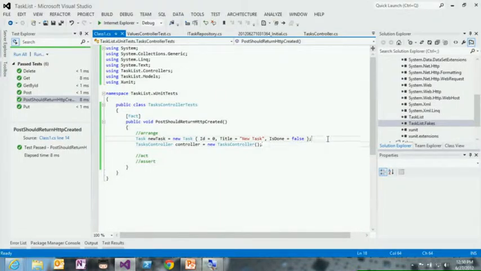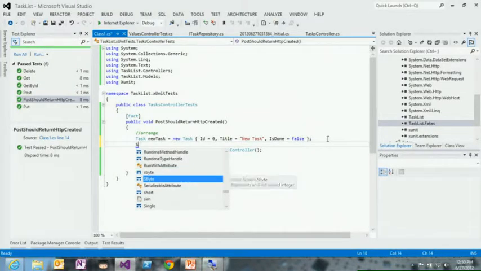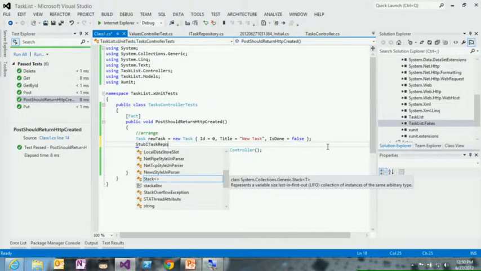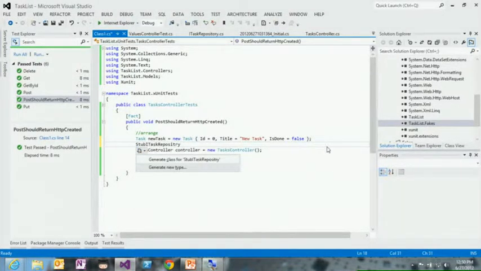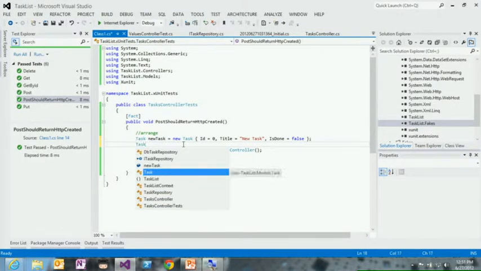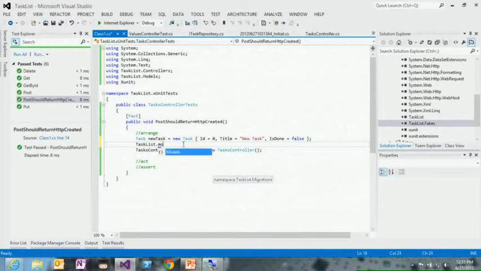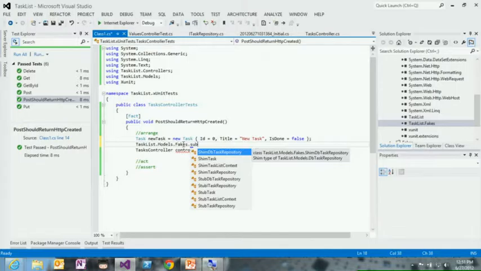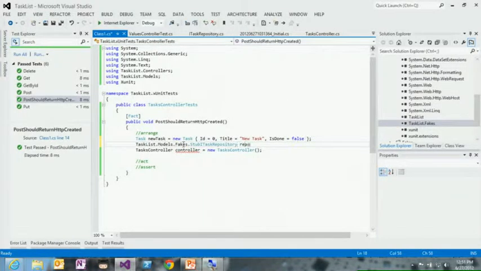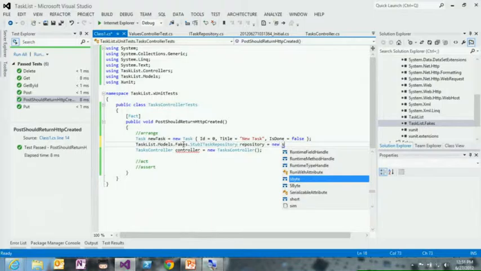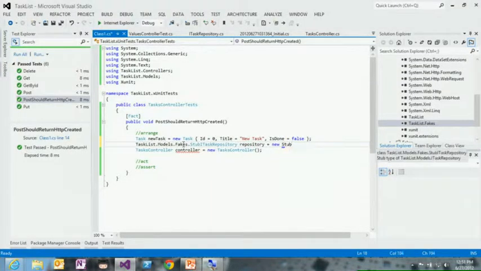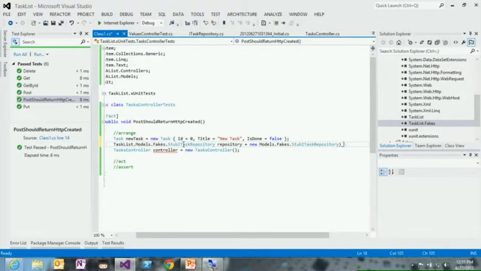So anyway, I have my stubs that I added, and what I want to do is, okay, I need a repository. So I'm going to say stub task repository, right? Whoops. Is that right? No, let's try this again. TaskList.Models.Fakes.StubITaskRepository. Okay, there we go. Equals new stub. There we go. Okay, so I've newed up one of those, and now I need to, again, using my nice initializer syntax,